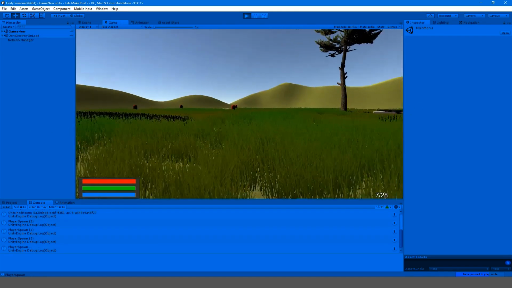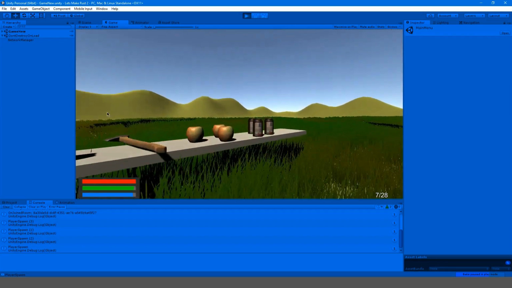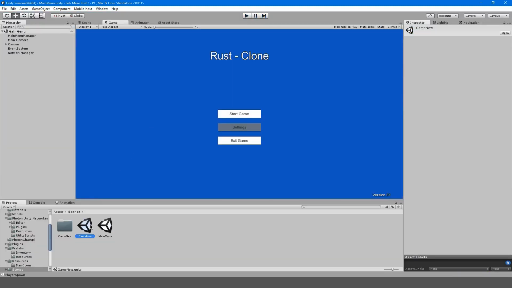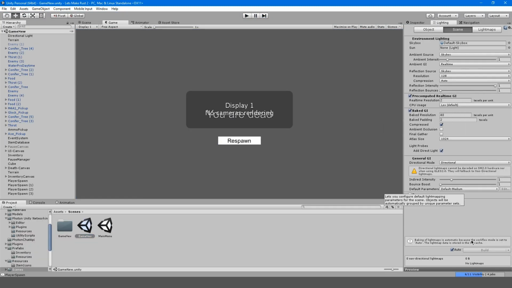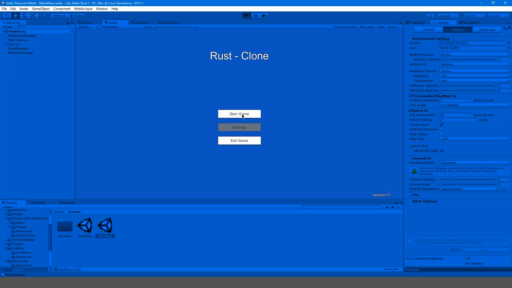Multiplayer's working. My lighting is crappy. I know, ignore the lighting. It might not look like this for you. If it does look like this for you, go to your game scene, lighting, and uncheck auto, and hit build. This is a common problem that not many people know about. So once you do that and you go back to your main menu, you will see that magically when you